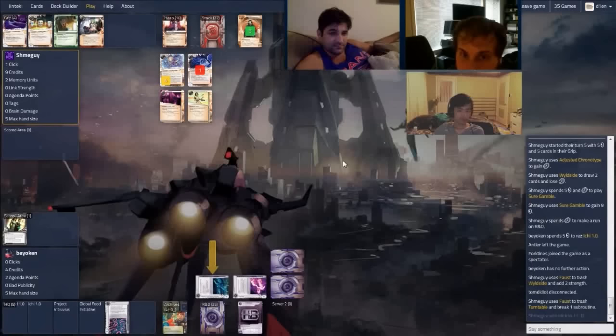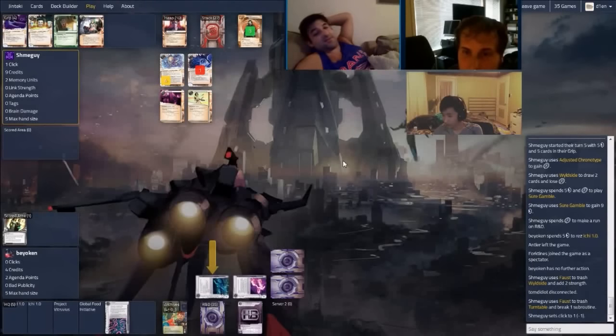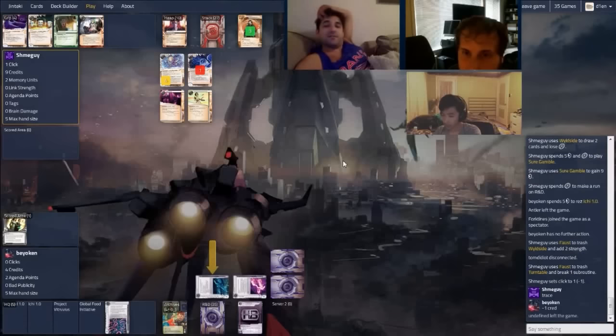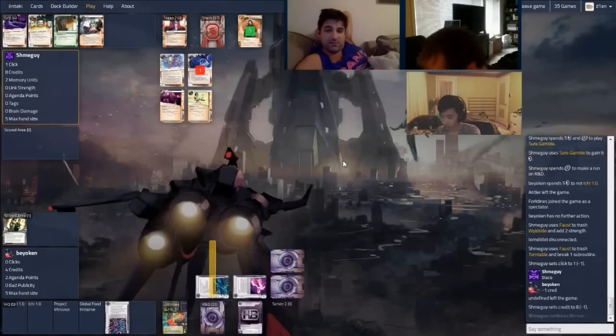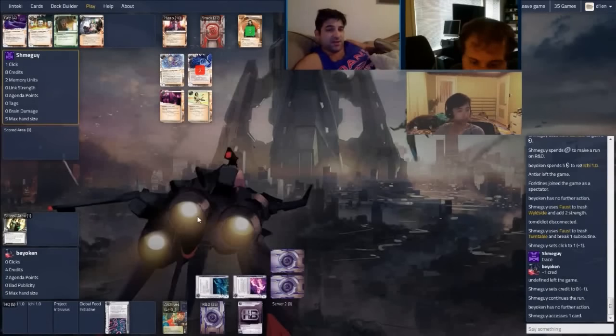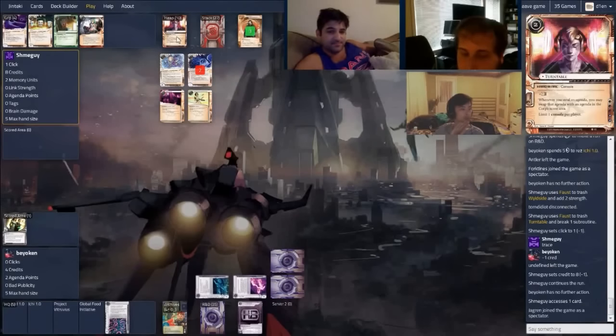So he does not click through. Okay, he does click through it. He breaks 2 subroutines. Nope, he breaks 1 subroutine, clicks for the other, and then allows me to trace. So I force him to lose a credit from the trace, and he accesses 1 card, and most importantly gets a second sucker counter. The sucker counter is kind of a big deal because Ichi could very well go down